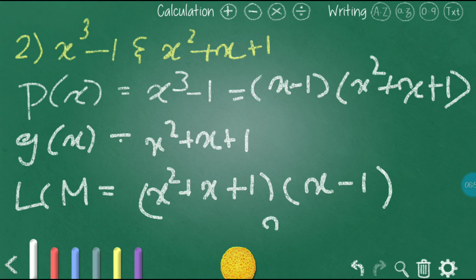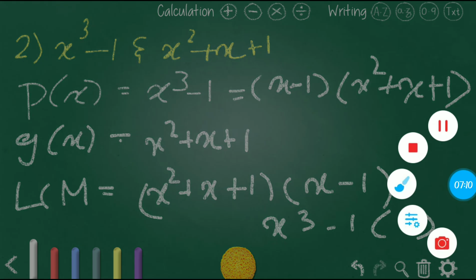That's it. Okay, so your answer is going to be x cube minus 1. How you will be thinking? With this x cube minus 1 only we wrote like this, right? So the factor is also like this. So in that way we can just do it. Okay, so answer is C.